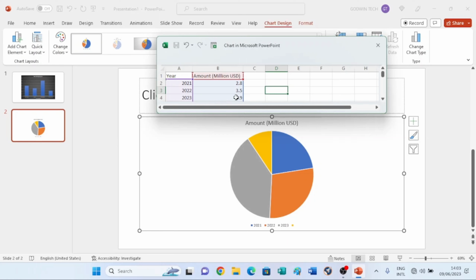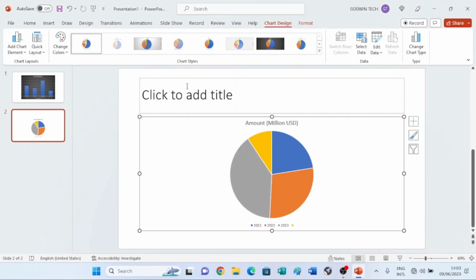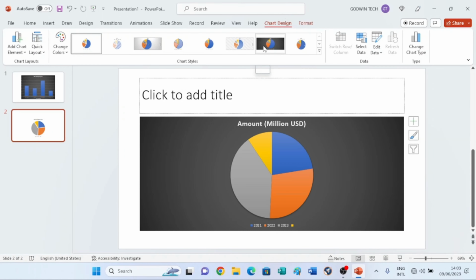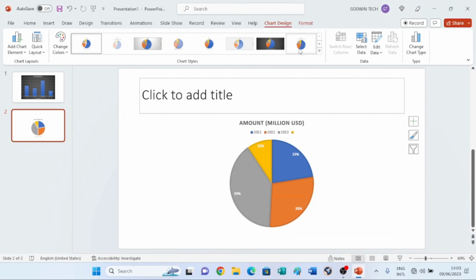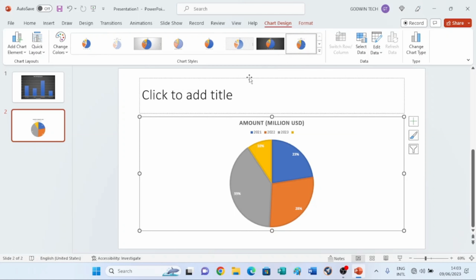So the data is now entered and it reflects in this chart. All right, so I will close the Excel interface. Okay, as you can see, this is a beautiful design. We can now go to this heading section and then select any option of our choice as well. Or we can select the one that will represent the number of years in percentage, no matter how you want it, all right? Okay, if you look at this representation now, you'll find that there are just four categories, four